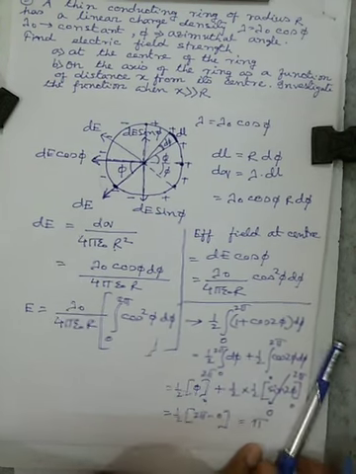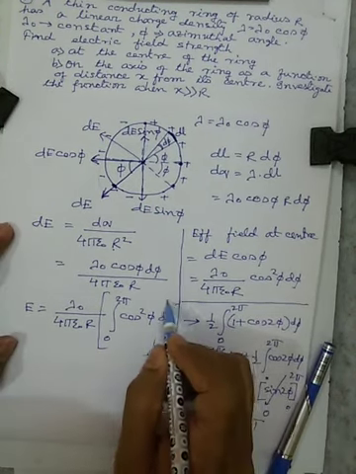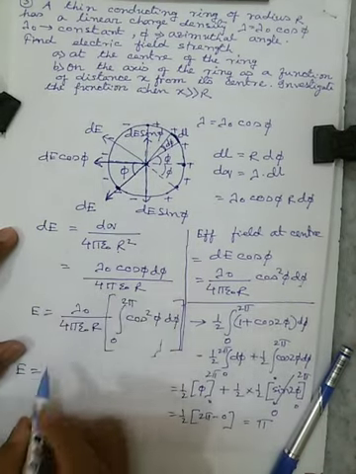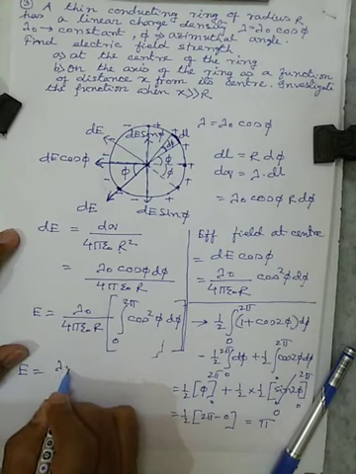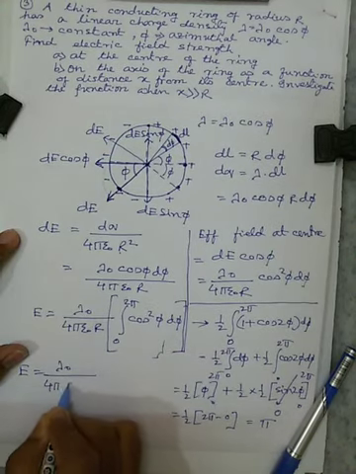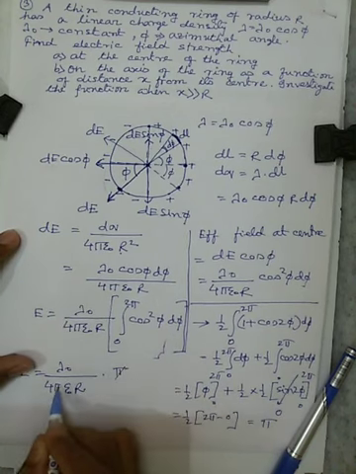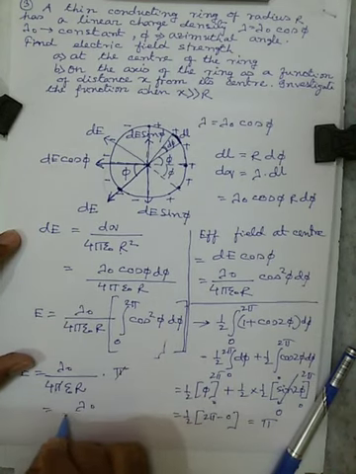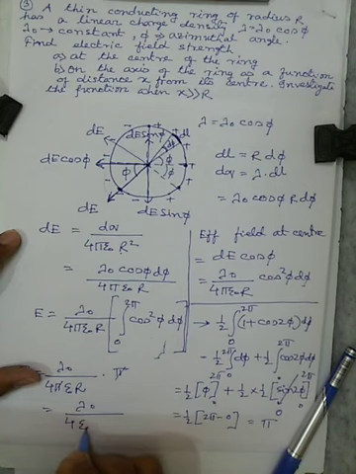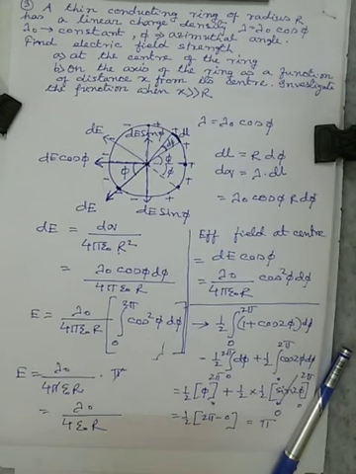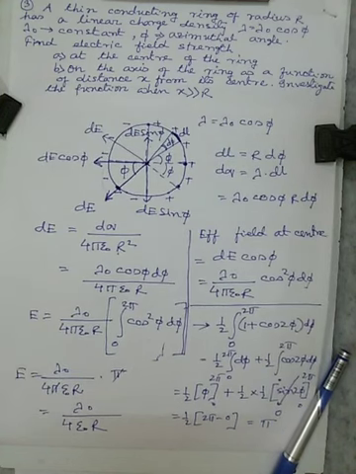Therefore we can put the value of this integration and we will get the result as electric field at the center, lambda naught by 4 pi epsilon naught r into pi. Pi cancels, therefore the resulting electric field is lambda naught by 4 epsilon naught r. This is the first part of the problem and this part is relatively easier. Now concentrate on the second part of the problem. Read the second part carefully.